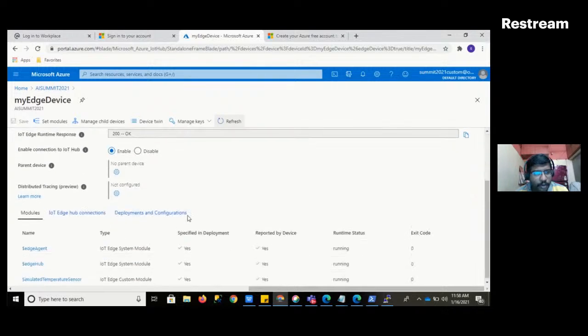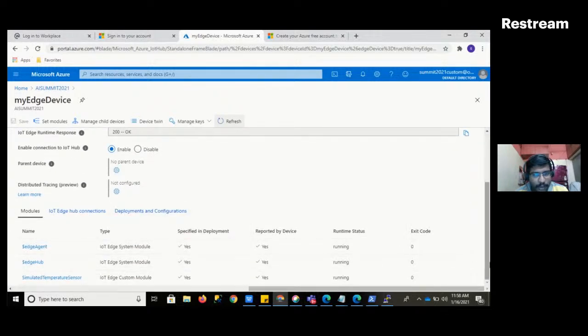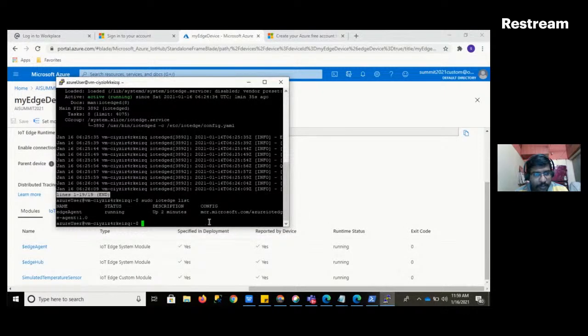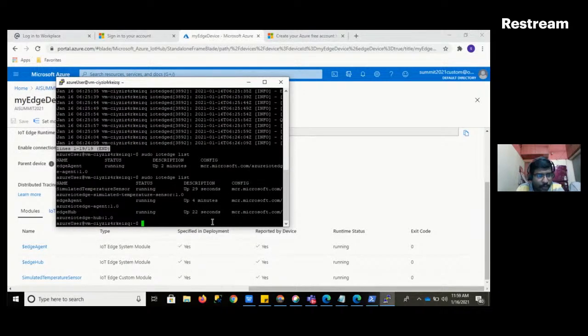Okay, if you see a 200, all the instances are running here. Now we need to check whether one more device has been added along with this agent and the simulated temperature sensor. The device count increased. If we want to see the logs and whether data is coming or not, we need to give sudo iotedge logs and then the instance